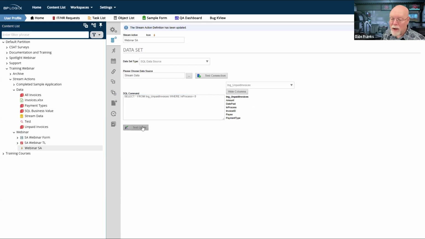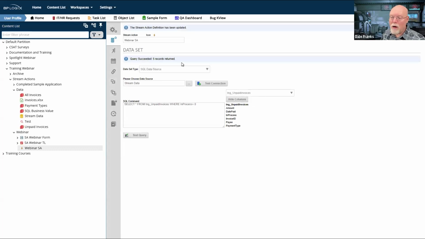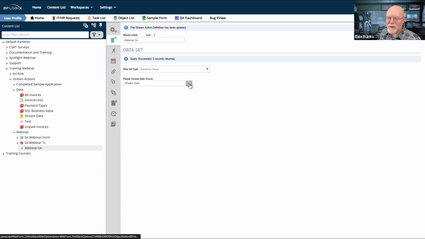But I could actually make this run. If I test this query, it will succeed. I have 5 records returned. So I can just write the SQL on the fly for my stream action that I want to use. So it actually makes it independent from the necessity of a business value, although I think I would say that in most cases, you'll have a business value.